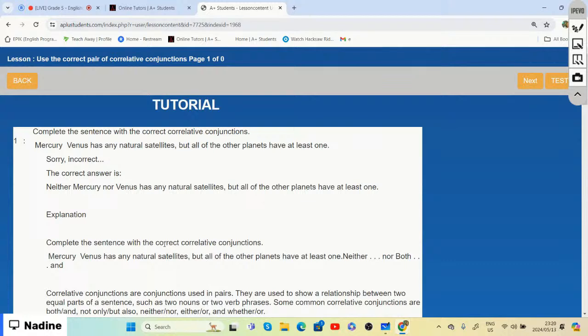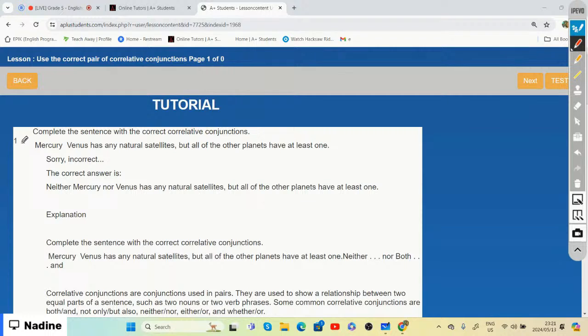So it's saying Mercury, Venus has any natural satellites, but all of the other planets have at least one. And if we choose the correct correlative conjunction, then we will say